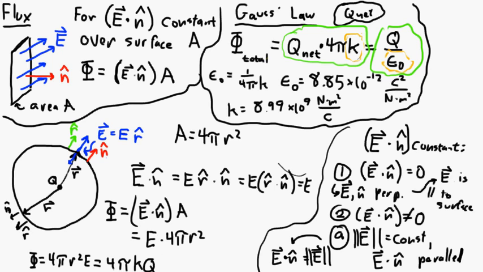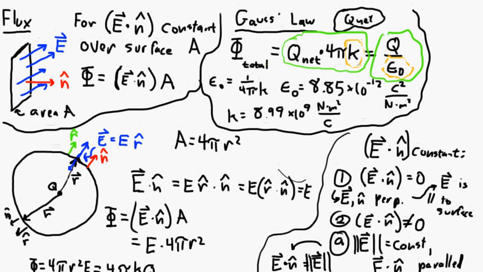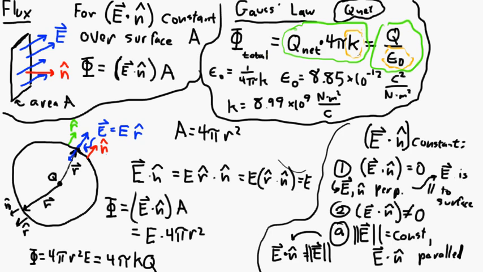And so, what this means, I'm going to scroll down just a wee tad so that we have a little more space. Okay, and let's see, where's the bottom? That's about right. Okay, so what this means then is that these two things are equal, right? And what we get then is that E is equal to, so we divide the 4 pi out, it cancels, and then we're left with kq on the right side. That gets divided by r squared when that comes over. And there, right there, is the magnitude of the electric field anywhere on this sphere that's a distance r from